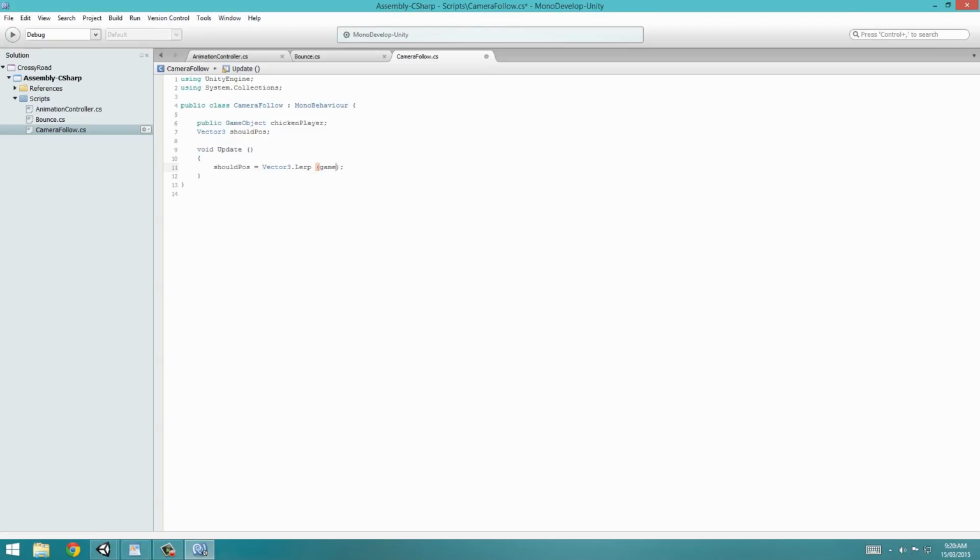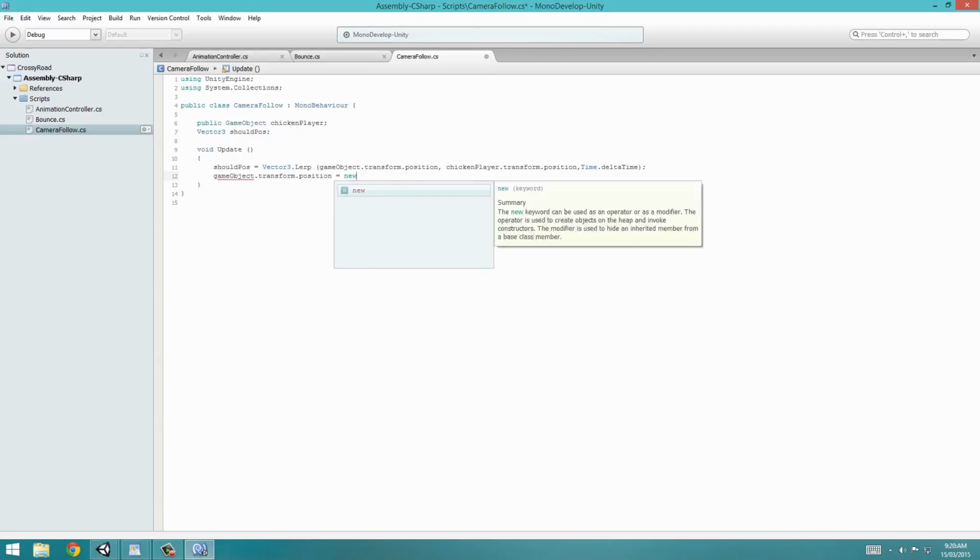So we're going to write GameObject with a lowercase g, and transform its position. And so then we go from this position to the chickenPlayer.transform.position, and we do this by Time.deltaTime, so that it is frame rate independent. Hit save, and now we'll make one more line, and that's simply GameObject with a lowercase g .transform.position equals a new Vector3,